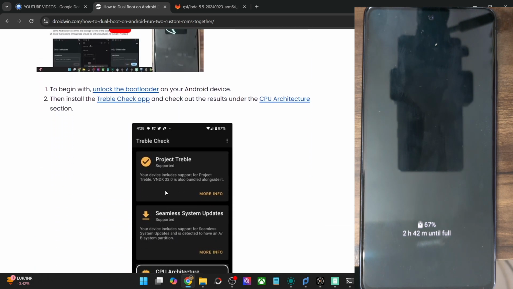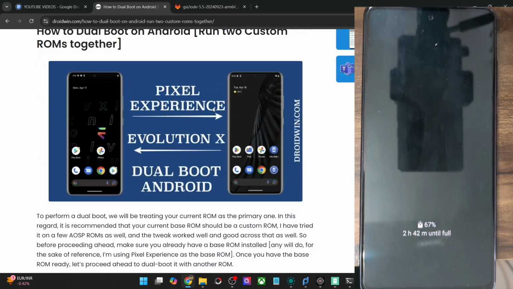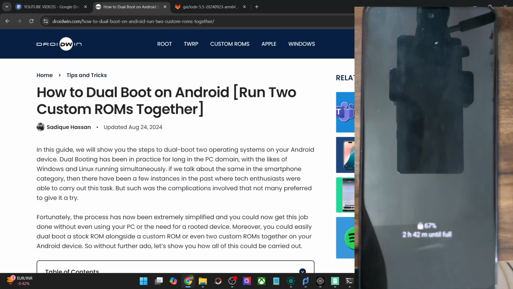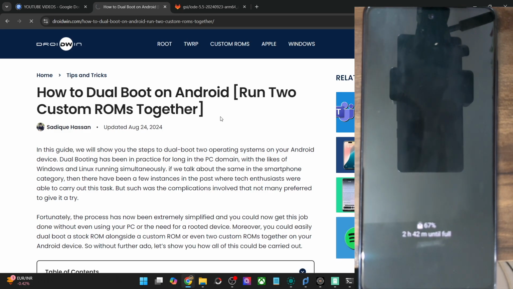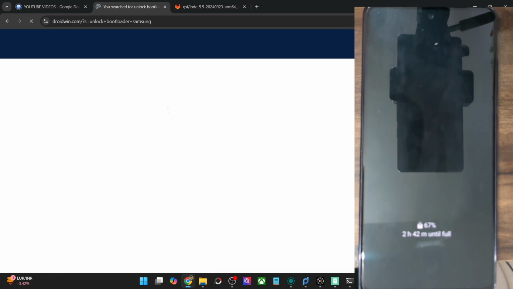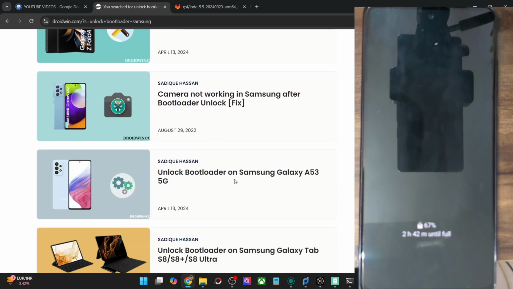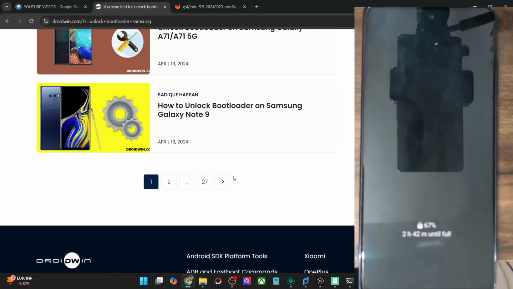First and foremost, you will have to unlock the bootloader on your phone. Do note that unlocking the bootloader will wipe all the data and it might make the warranty null and void as well. Moreover, in case of Samsung, Knox will be tripped as well, and Knox is a hardware component which is embedded in the motherboard. So once you unlock the bootloader, there is no going back and you will have to face issues such as Samsung Pay and all such apps not working. That will remain even if you relock it.